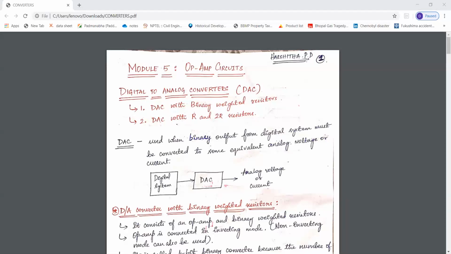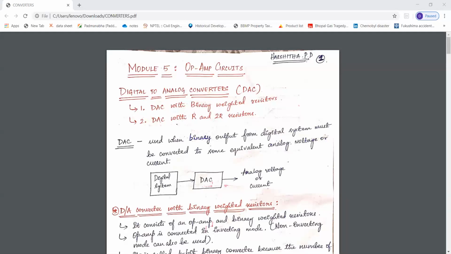rectifiers and active filters, including first and second order low pass as well as high pass Butterworth filters. And along with that, we have band pass and band reject filters to study. The second part of module 5 is related to 555 timers and its applications. In that, we have monostable and